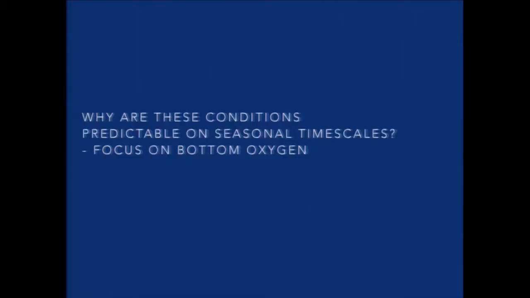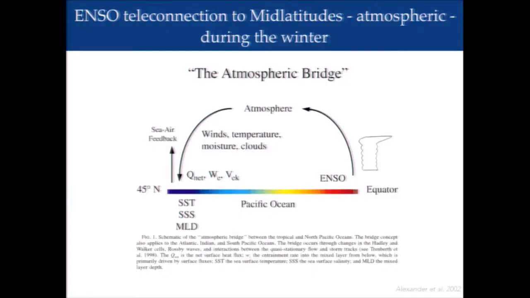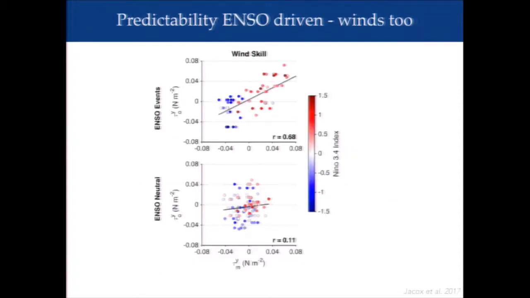But why, right? Why is it predictable on seasonal timescales? Where is that coming from? One idea is that ENSO is the timescale and the mechanism that's largely driving the seasonal predictability in seasonal prediction systems. Mike Alexander has a mechanism that he put out in 2002 where equatorial variability during ENSO was translated to the midlatitudes via an atmospheric bridge. And so that translated to more than sea surface temperature, including mixed layer depth, because the winds were largely influenced by this mechanism. And Mike Jacox in 2017 showed that this, in fact, was in these NMME forecast models,